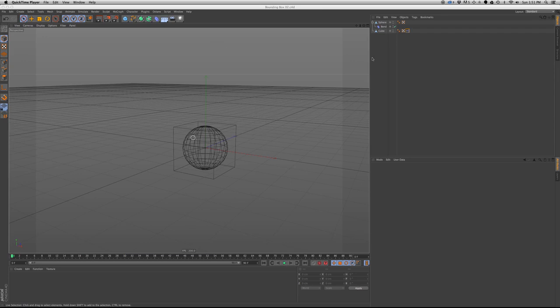Today I'll be showing you how to make a proxy box. So sometimes you have an object in a scene that's very high poly and you want to work quickly. In order to animate and see things in real time in your viewport, you would sometimes want a